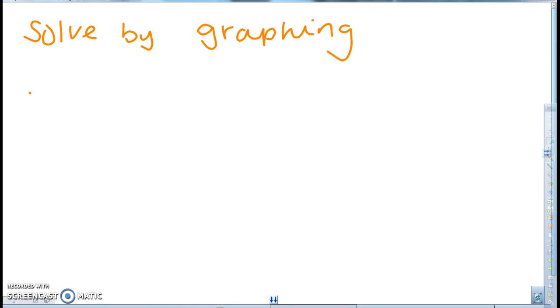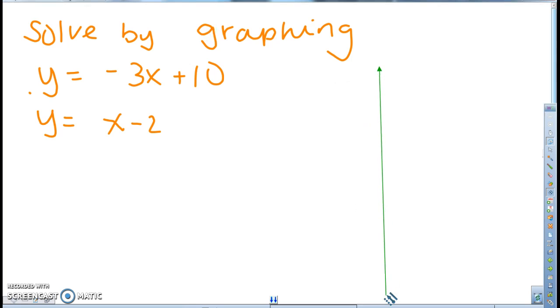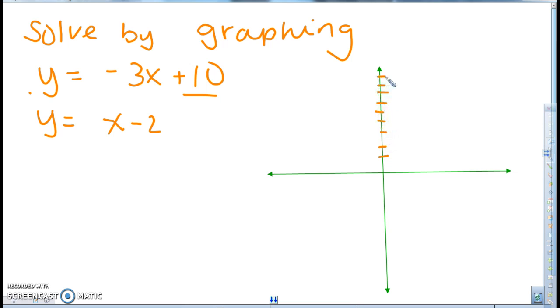Let's solve by graphing. Let's start with y equals negative 3x plus 10. Okay, and my other equation in the system will be y equals x minus 2. So I'm going to start off by drawing my coordinate plane and graphing these equations. My first one has a y-intercept of plus 10, so I'm going to go up 10 on my y-axis. I'm going to start there, and then my slope is negative 3,